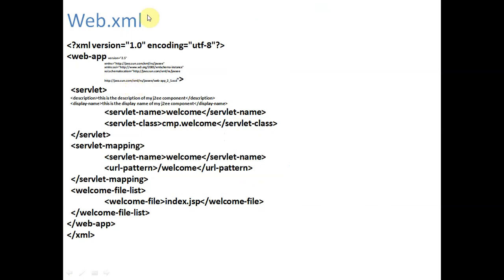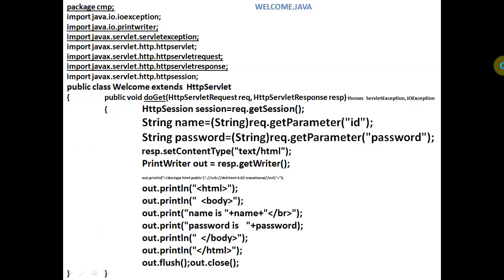So this is the class, this is the package, and servlet mapping: servlet name is welcome, URL pattern is this. Welcome file list: welcome file is index.jsp, which is the initial program. So we have to write this web.xml file.